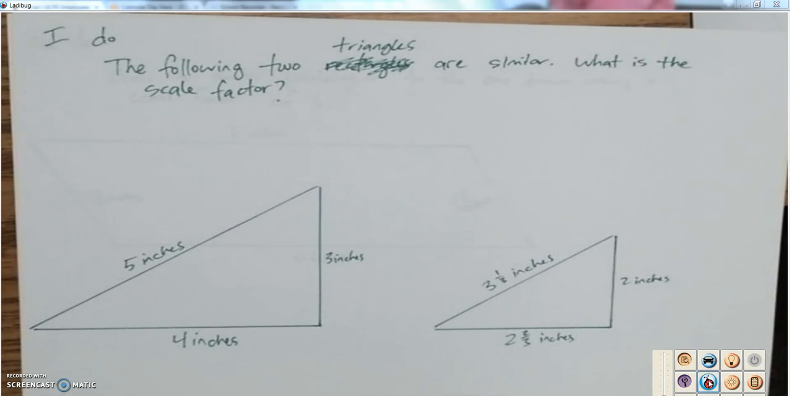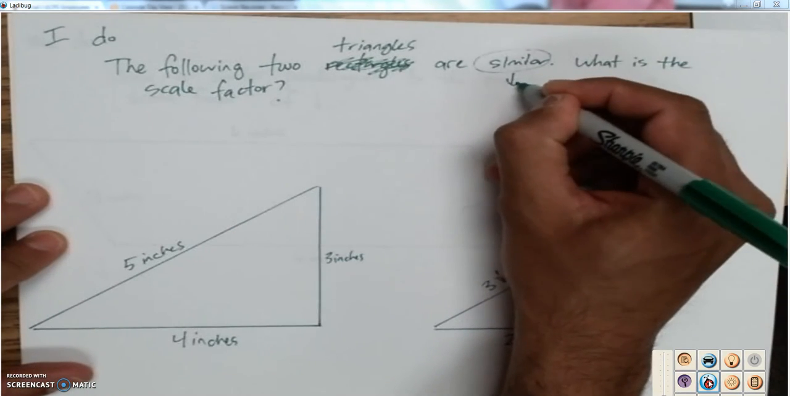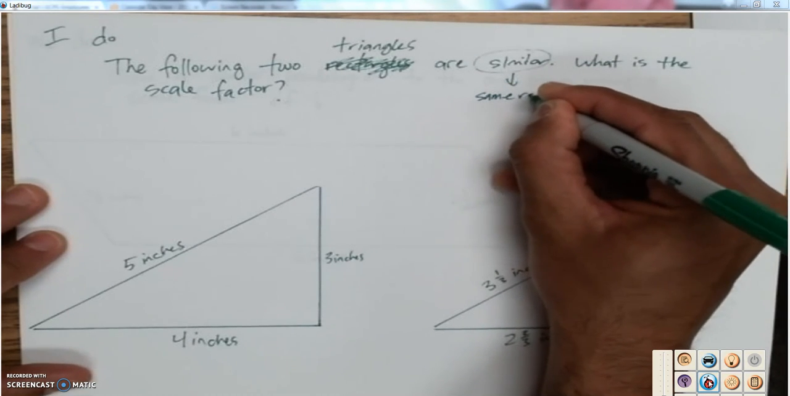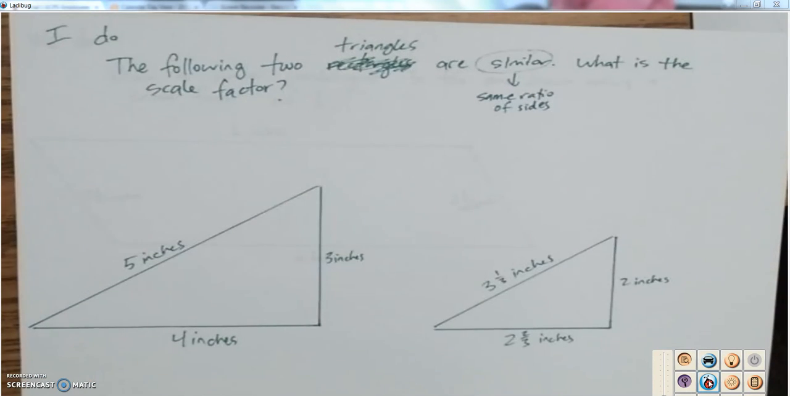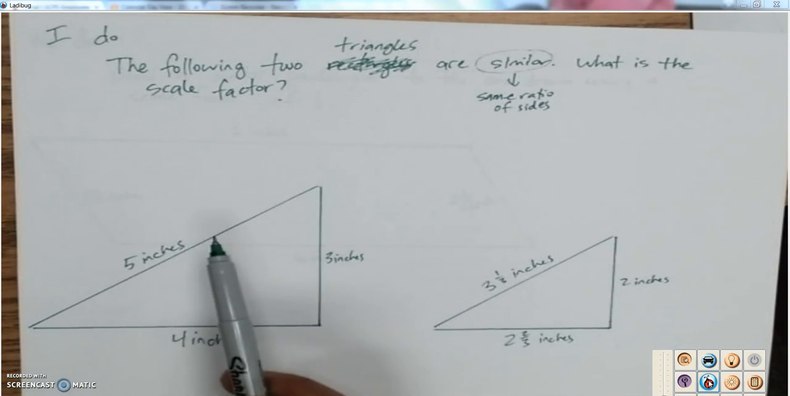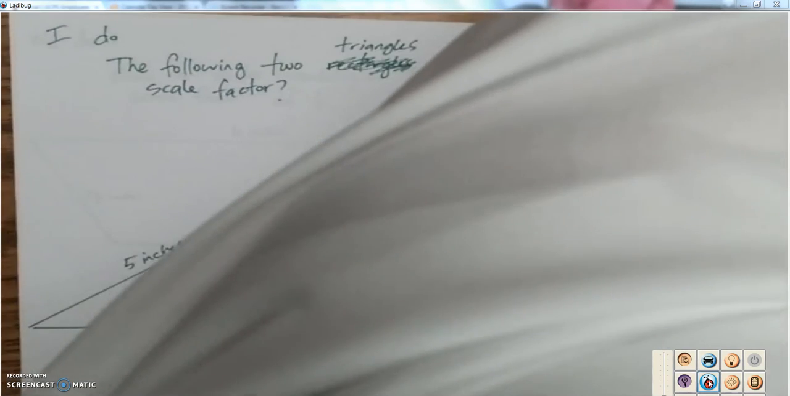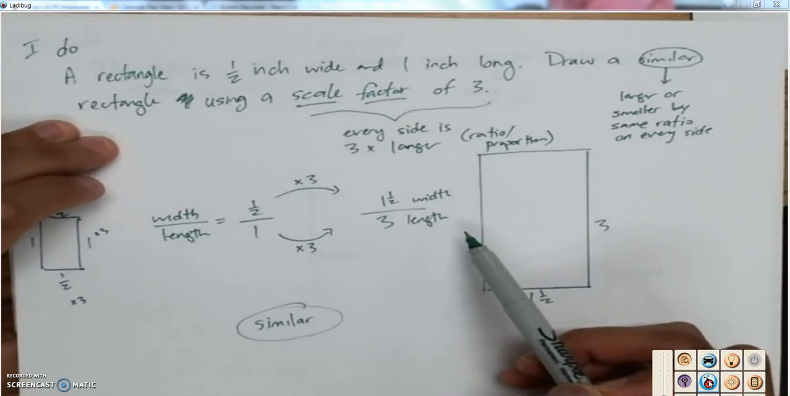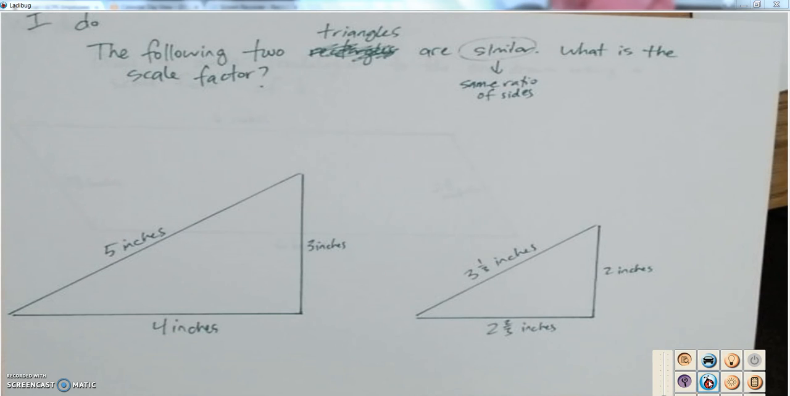Here's two triangles that are already drawn. It says the following two triangles are similar. That means same ratio of sides. What is the scale factor? So what is that number I multiplied by to go from this one to this one? So the last one, I gave you the scale factor and we drew the rectangles. This one I'm giving you both the figures and we need to find the